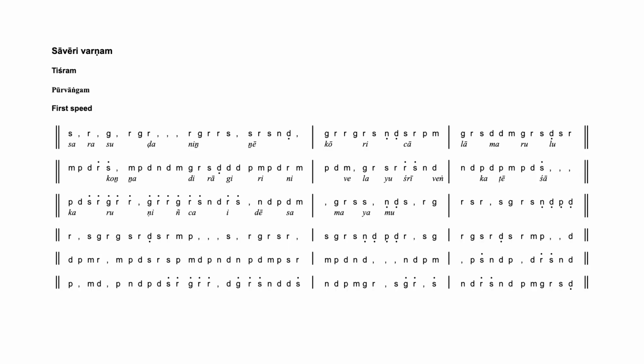Sari gari ri sa ni da gari sa ni da sari pa ma gari sa da ma gari sa da sari ma pa da ri sa ma pa da ni da ma gari sa da pa ma pa da ri ma pa da ma gari sa ri sa ni da ni da pa ma pa da sa pa da sa ri re gari sa ni da pa da ma gari sa ni da sa ri gari sa gari sa ni da pa